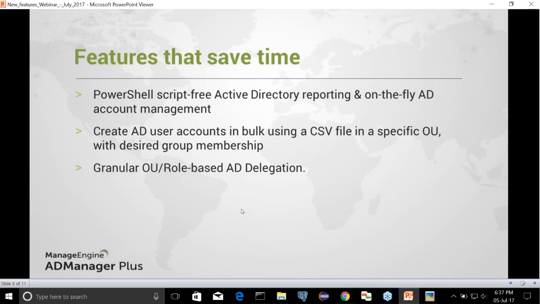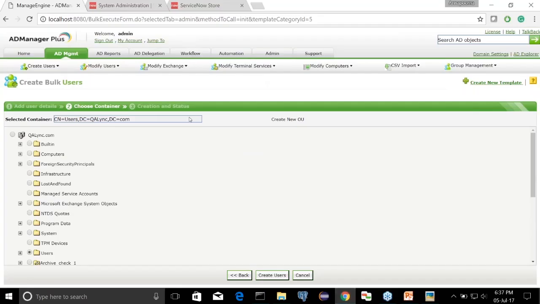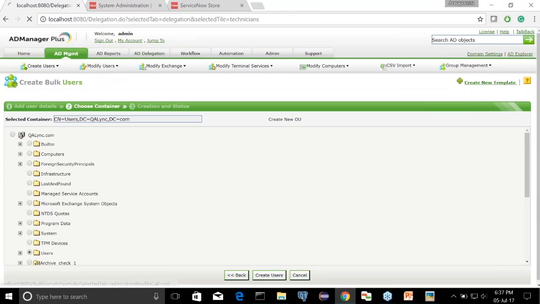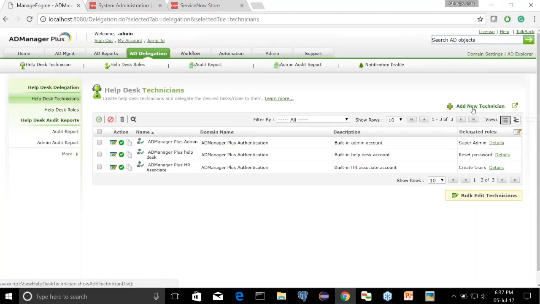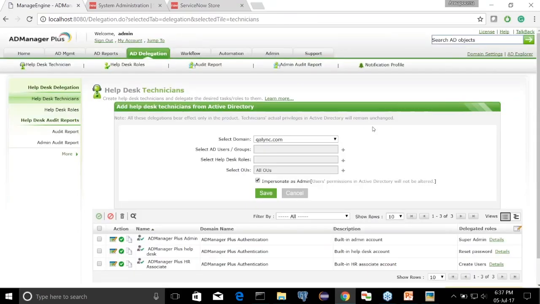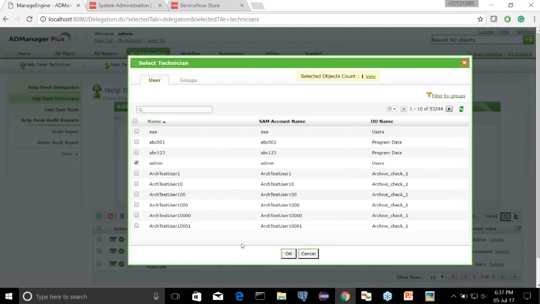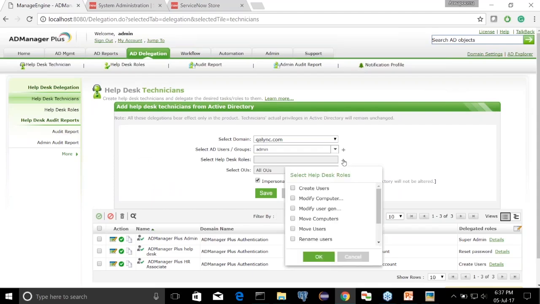And now you can delegate certain tasks to your technician. Now let's say for example, I'm going to delegate only the reset password option to my IT technician and also provide a restriction that this particular user account is going to change password, reset password only for one location. You have something called AD delegation tab, and now here you can click add new technician, choose your domain, and the next step is to choose your user account, let's say admin, and the next step is to choose a